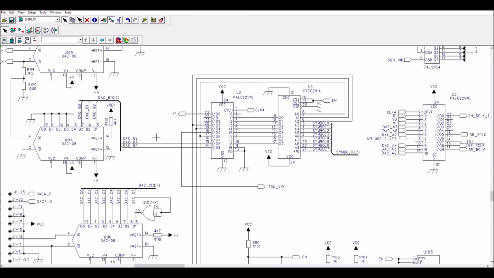So actually, in order to display one symbol, there are 64 different dots which are written on the screen. So this PAL permits to do the translation between 1 byte here into 8 successive pixels.